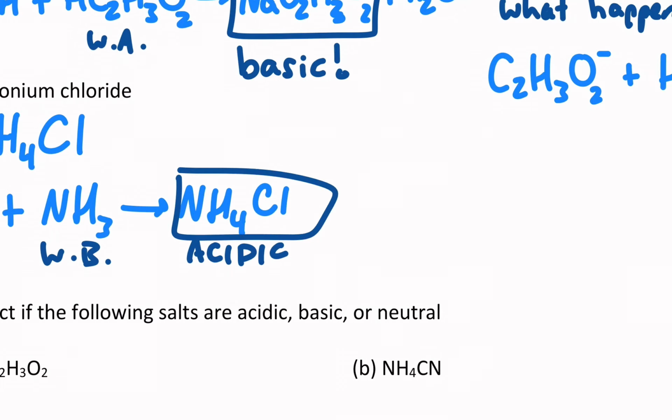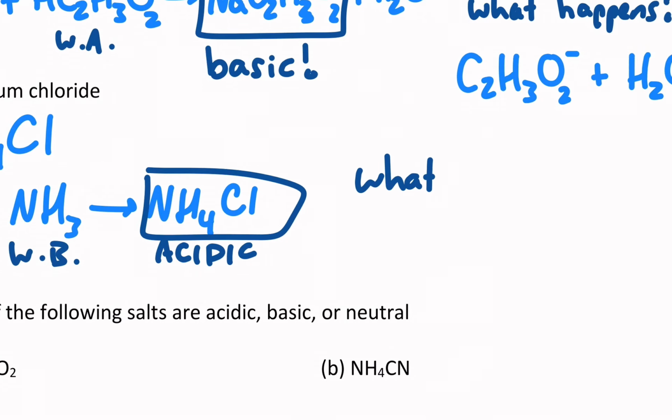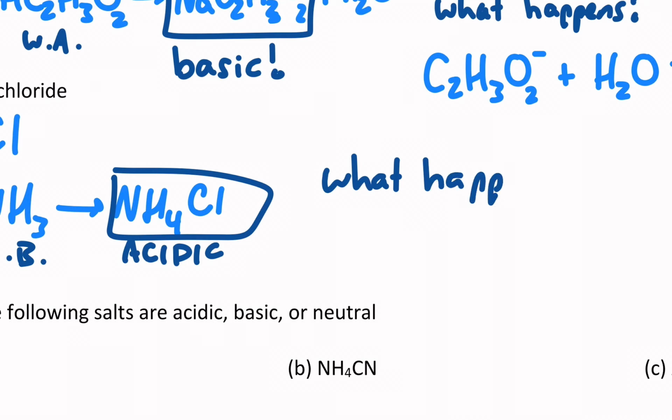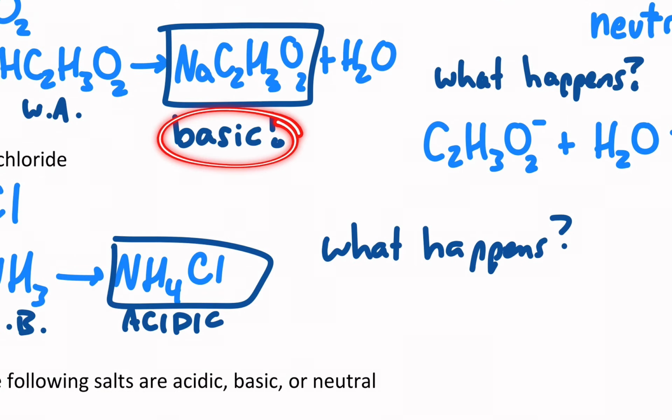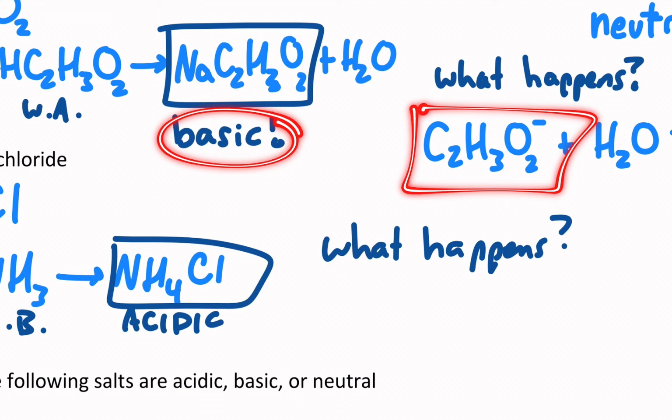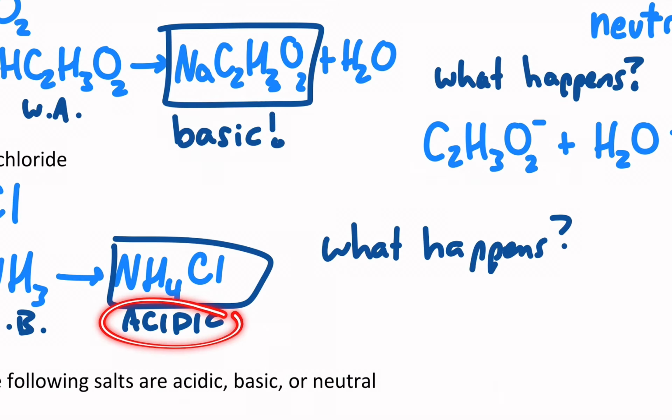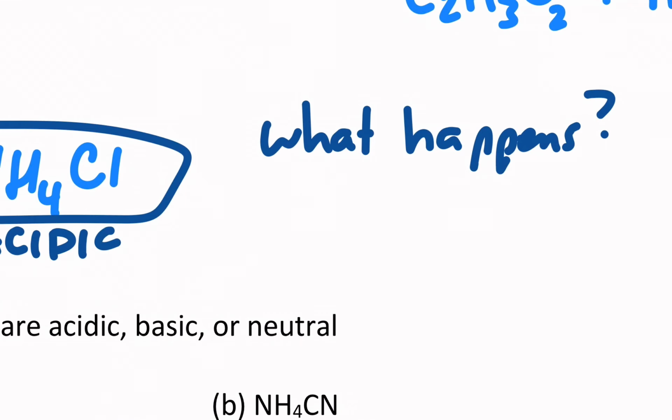Now, what happens is based on the ion that does something with water. Once you figure out if it's acidic, basic, or neutral, there's even another trick that you can use to figure out which ion is the one that's doing something. Basic salts have an anion that's going to do something with water. Acidic salts have a cation that's going to do something with water. So here, it's the ammonium cation